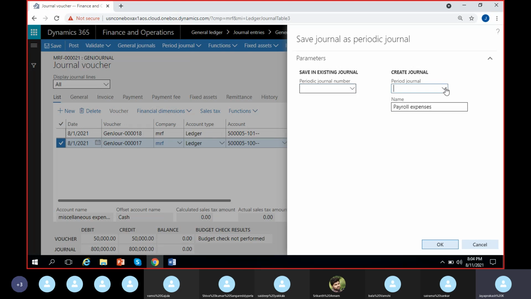So in that case, I'll select a journal name here, create journal. I don't save it in the existing journal. I'll leave the existing journal part and I'll create a new periodic journal template. So I can save these two lines as a new periodic journal template by selecting the journal name here. The journal we have created for our periodic purpose is periodic journal. I can see it here. You can select it, and the name here is taken directly from the description at the header level of the journal that we have created, payroll expenses. From there, it took automatically. Now, if I click OK,